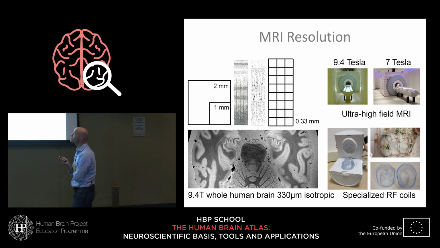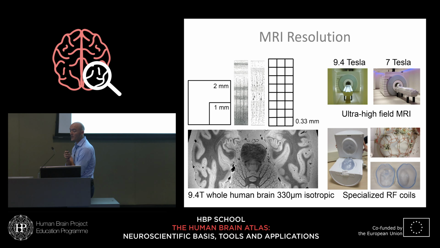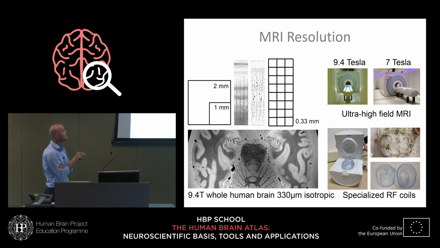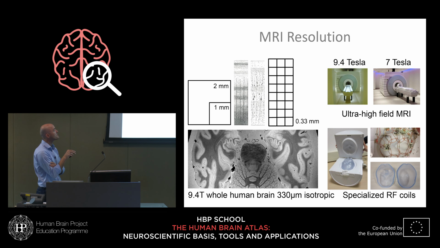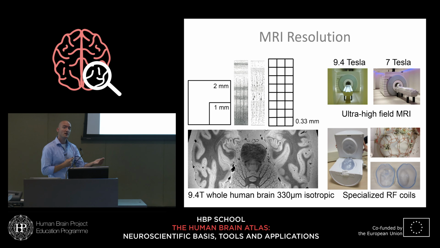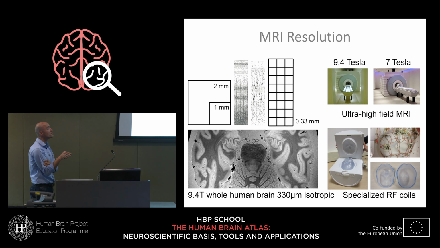One would really have to get down to a much better resolution, starting at about 1 millimeter, preferably 0.8, right? 0.8 would give you a chance to maybe look at infragranular, granular, although a bit more as well, because the granular layer is quite thin, and supragranular. But it's the first point where it gets interesting, in order to maybe look at top-down versus bottom-up. And it's only when you get to, let's say, 1/3 of a millimeter on the side of a voxel, so 330 micron, that you start to get the resolution to distinguish the great majority of layers and some of the